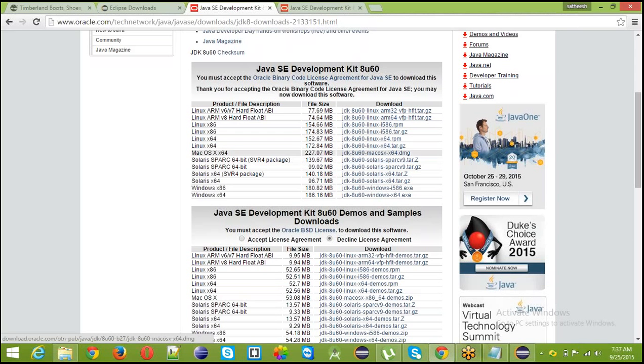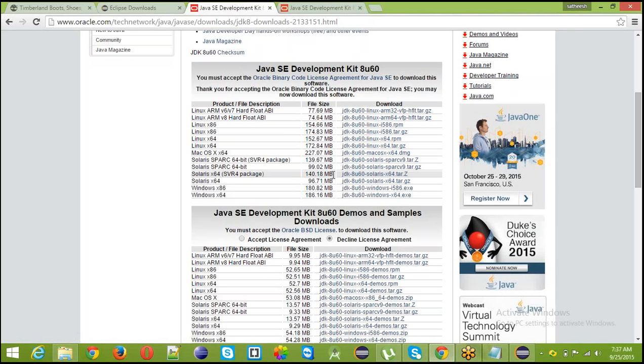Suppose your system is Windows, there are two versions: x86 means 32-bit version, x64 means 64-bit version. You can select this one. For Mac, a DMG file is there, and you can download this one.